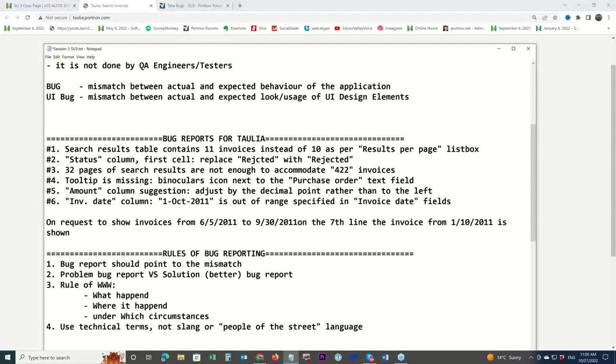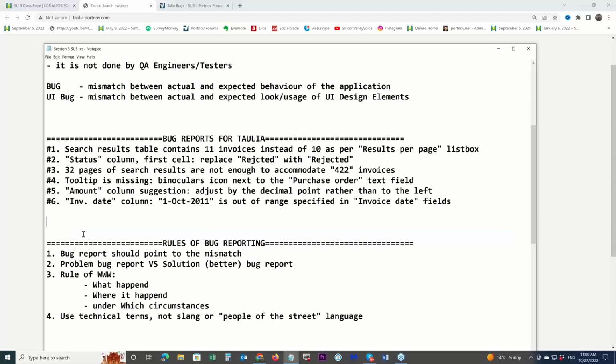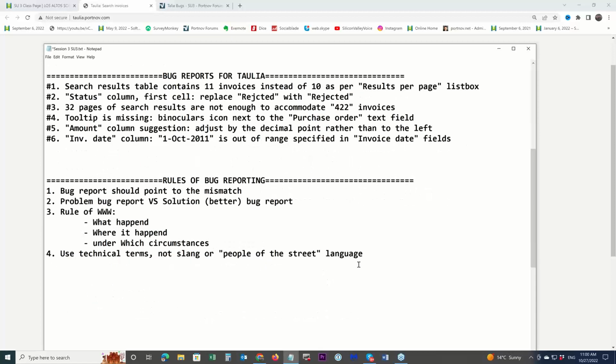I'm not giving that range. I mean, I can say from this one to this one. I'm not doing that because, guys, I'm writing that bug report to a developer, and a developer is not someone who has no idea what that product is about. Yeah. So that is one. Rules, okay.